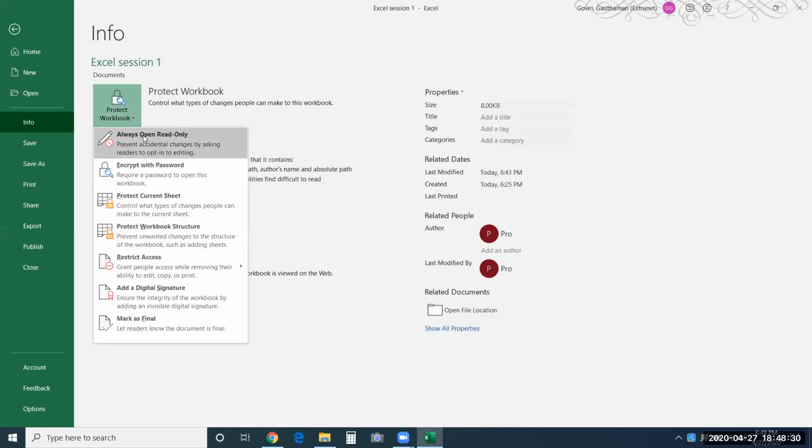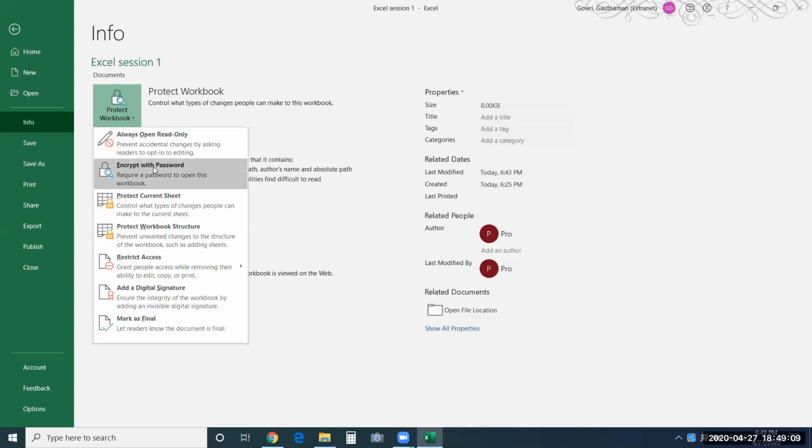What happens is, you might have experienced this whenever you download some files. It might be sent through mail, or you might have downloaded these files from a website, let's say. As soon as you open, it doesn't let you edit anything. It gives you an option to enable editing. Only when you click on that, it allows you to edit. That's why they have given that. Suppose there was some important information, when you open, you don't want it to change by mistake. It will ask you to enable editing, and only then you can edit it.